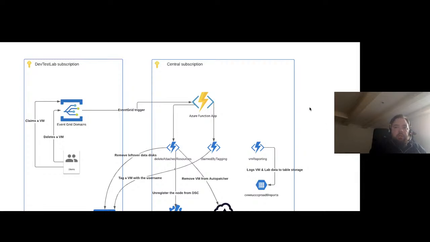And also another one that we ended up having some sort of a problem with is, of course, the leftover data disks. So most, if not all, of the users would create a data disk for themselves when they create a VM, which is also included in the pipelines that we offered them. When they then eventually remove that VM, they would be left a data disk that is unattached, and yeah, most